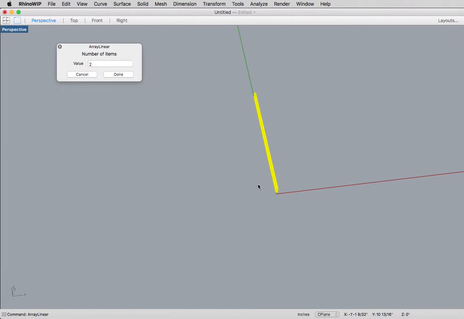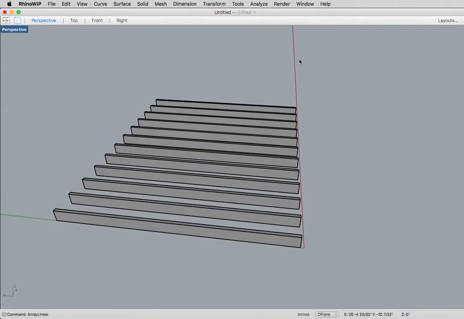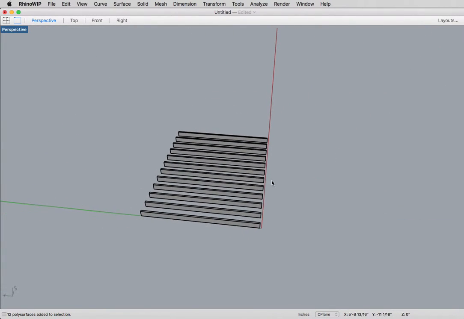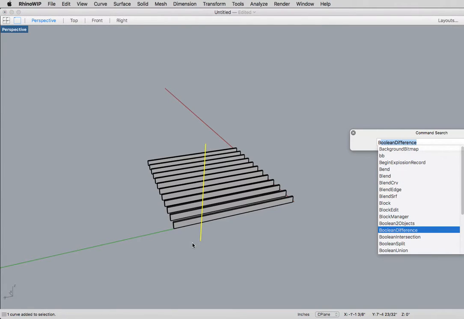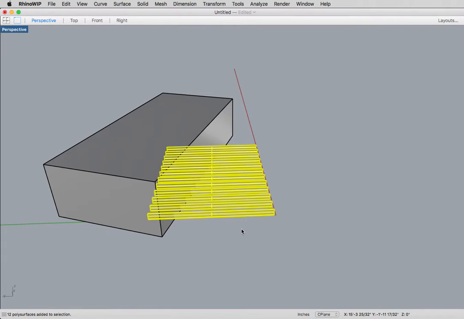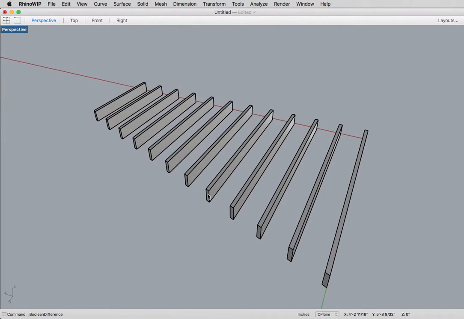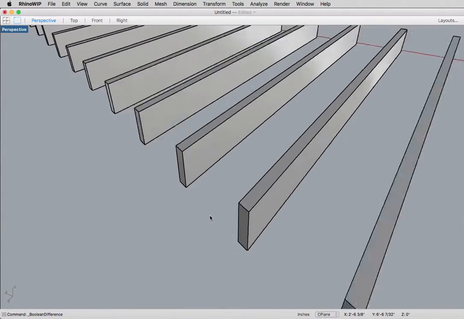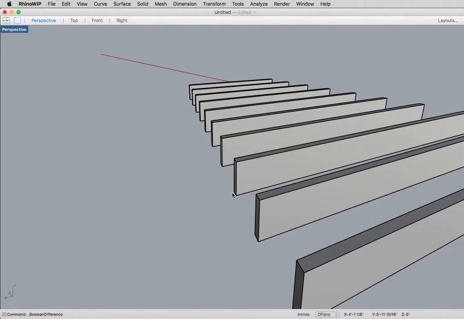I'm gonna array these, say 12, make them a foot apart. So these would be a bunch of, say, 2x6s by 12s or whatever, and we're gonna form a deck, or we're gonna frame something like this. In this case, I might draw the box here and delete that. I just made all these cuts and got rid of all that. I didn't have to select anything. I'm not in here moving. I'm not drawing each board individually. Then I would definitely use a Boolean,